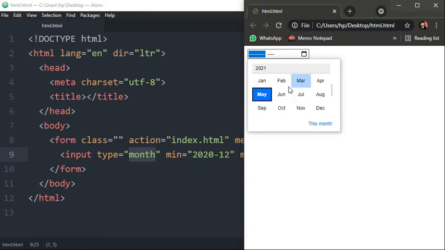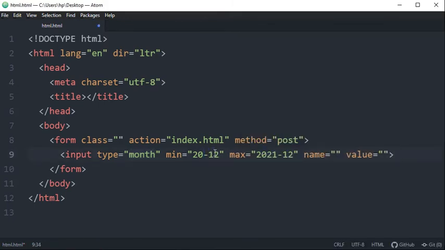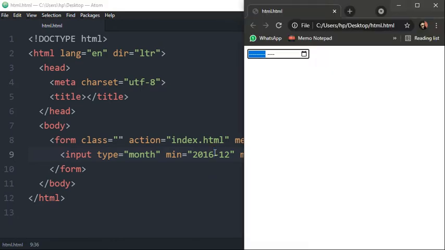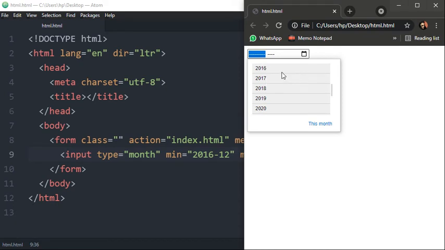So here user can select month from any year. He can select 2020 because we defined minimum range 2020 December. So user will not get option to select below 2020, like 2019, 2018, 2017. Okay, as soon as you decrease the range, user will get option to select till 2016, because we mentioned December 2016.